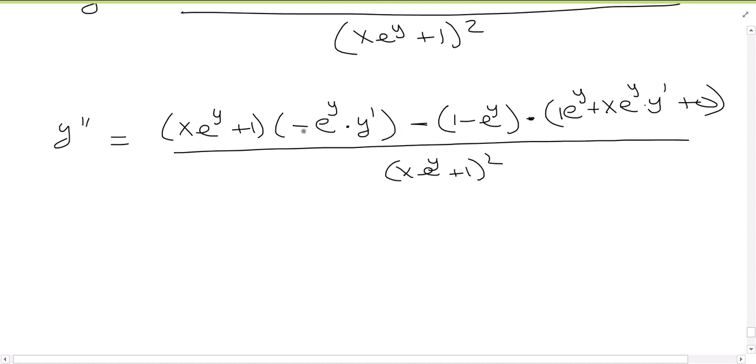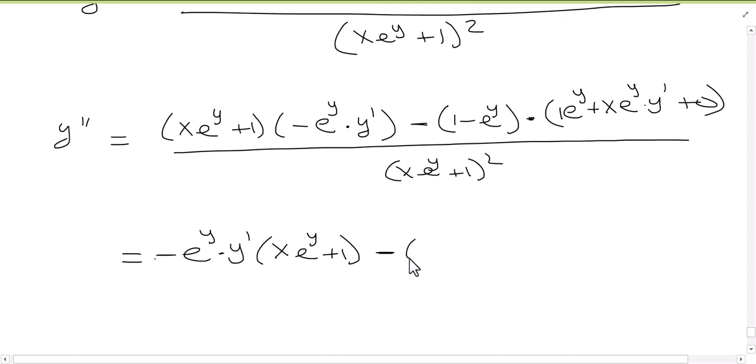These are being multiplied. I don't really see anything that we can take out, so we can just leave it. So it'll be x e to the y plus 1 times negative, let me rewrite that a little bit differently. That's just one term over here, so we can bring that to the front. So negative e to the y prime times x e to the y plus 1 minus,